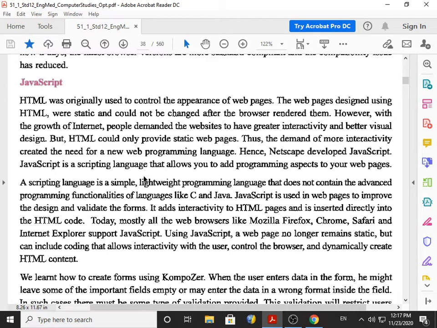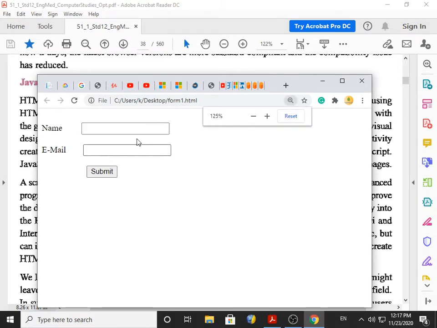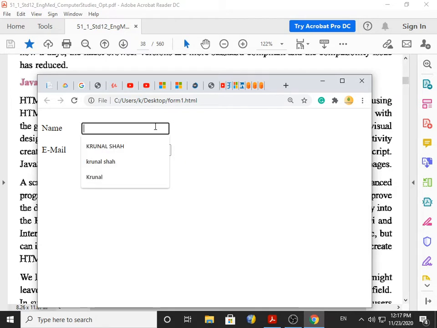Okay. Now we will talk about what is scripting language. Now you see, in HTML we learn how to design a form like this. You can see we design the form where we enter the name and the email ID and all those things. But how to validate whether the data entered is correct or incorrect? For example, in name, if somebody enters 1 2 3 4 5 6 and tries to submit the form, HTML is used for designing purpose. HTML is not aware that 1321654 cannot be the name of anybody.